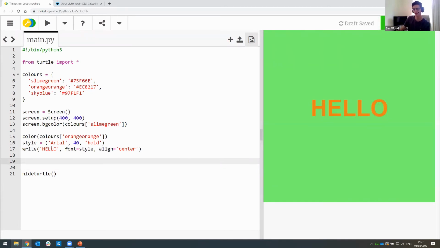I'm going to do this after I've done my first writing, but before I hide the turtle. I'm going to set my colour as the turtle, and I'm going to set that to the new colour that I've just made. I don't think I need to create this style again because I want to use the same as this. So I want it to be Arial size 40 and bold again. That all still sounds good. So all I need to do